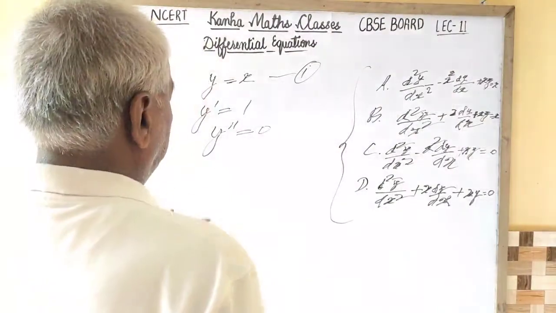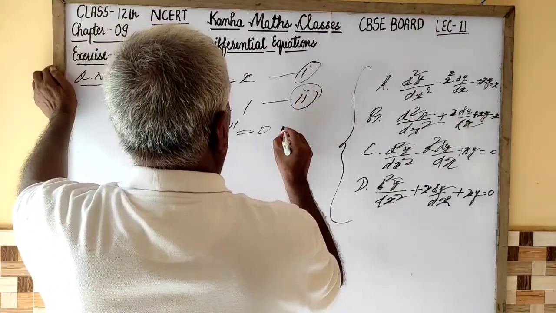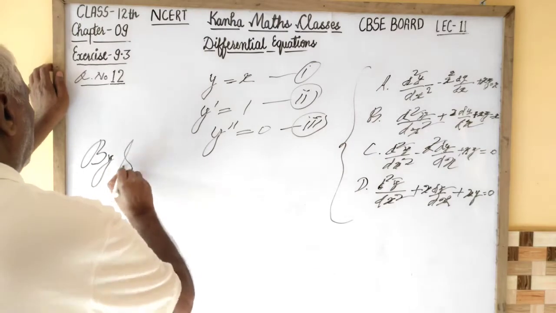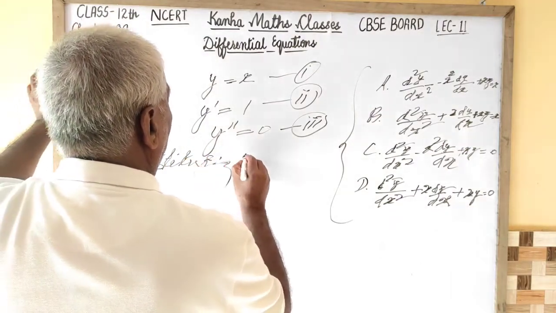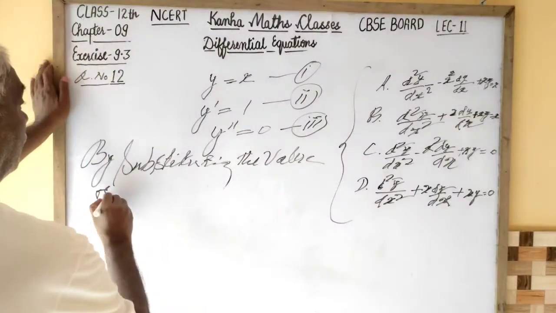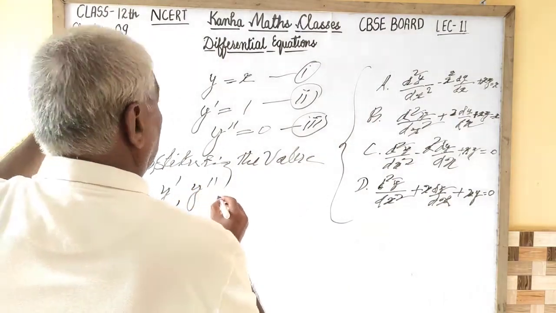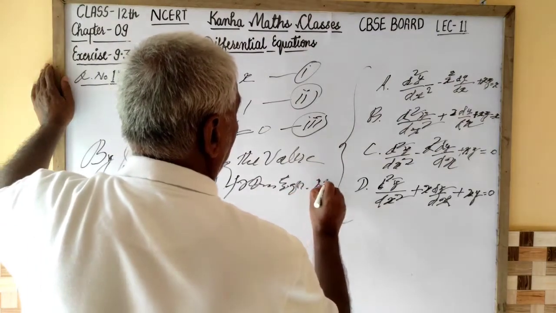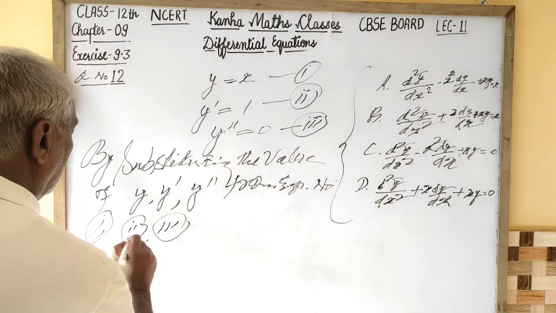Hence, by substituting the value of y dash and y double dash from equation number 1, 2, 3, we get